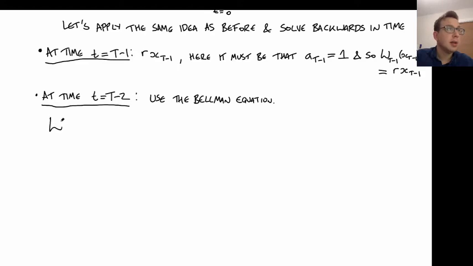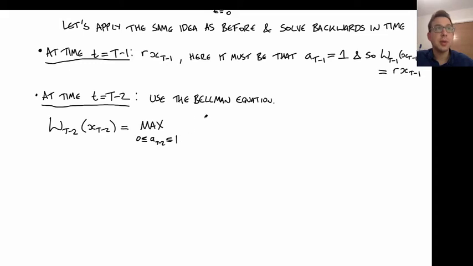Okay, so if we're looking for the optimal reward at time t minus 2, it is going to be to maximize the consumption at time t minus 2 plus the reward that I receive. Okay, so that's all the interest that I get to consume,